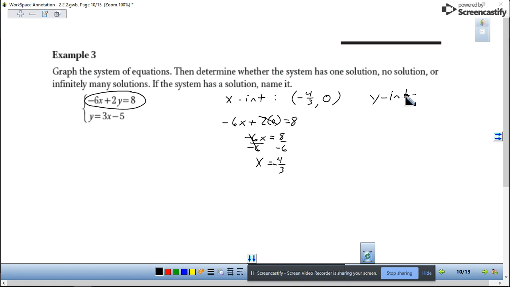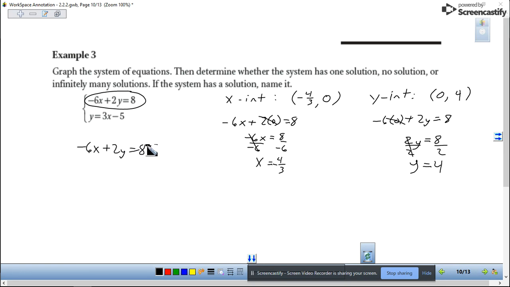Y-intercept, you're going to do the opposite, 0 for the x, and you need to find y. So negative 6 times 0 plus 2y equals 8. Okay, so you could try this, and if you realize it's not going to work out nicely, then you may want to backtrack from it and say, okay, I don't want to do that. Let me go the other way. So plot those two, 0, 4, and negative 4/3, 0, and draw a line through those,